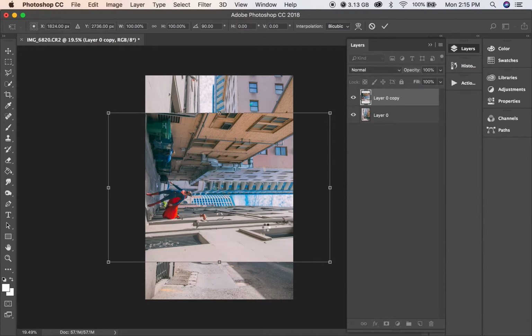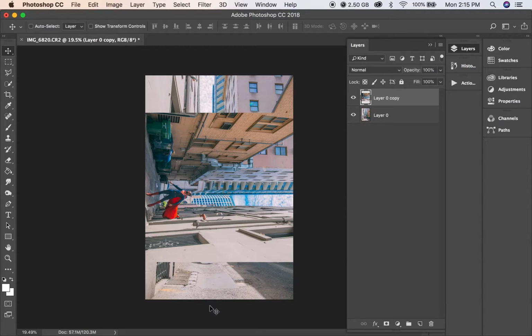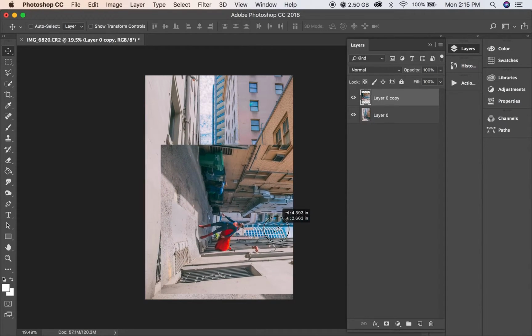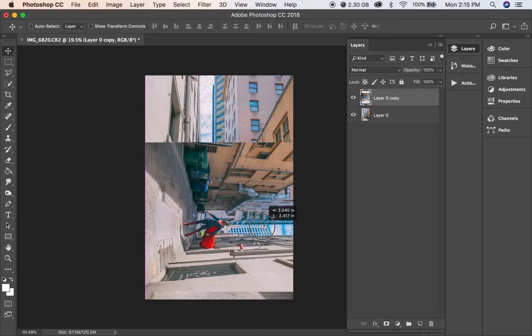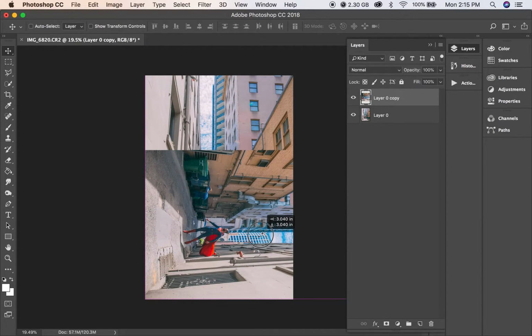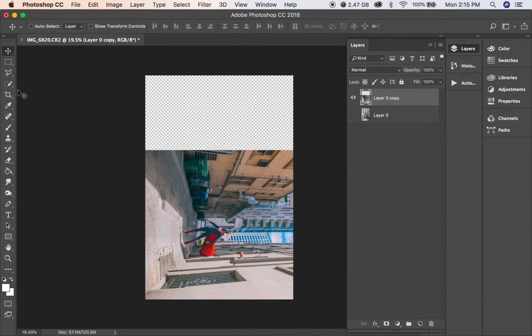So if I wanted a kaleidoscope effect to appear right around here, we'll line up the bottom left corners. Okay. Now let's deselect this layer. We're going to go to this tool,